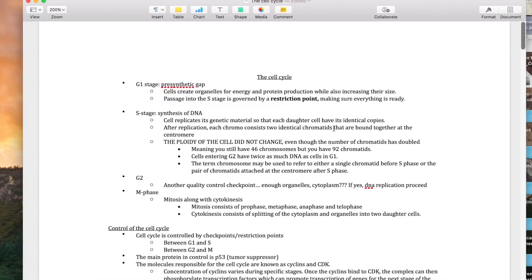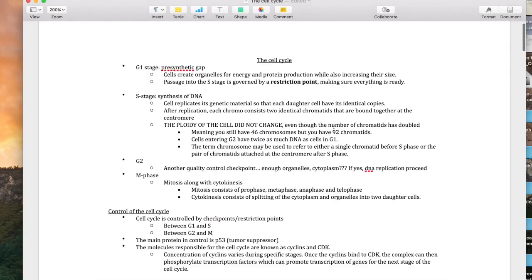All right, we're gonna talk about cell cycle. I'm gonna start with chapter two, right? Cell cycle, pretty easy. G1, S phase, G2, M phase. G1, S, and G2 are considered interphase, and then you have M phase. In G1 restriction points, you create organelles and protein for energy, and you increase the size of the cell itself. In the S phase, you replicate the chromosome into sister chromatids, right? So you would have twice as much DNA as you had in G1,